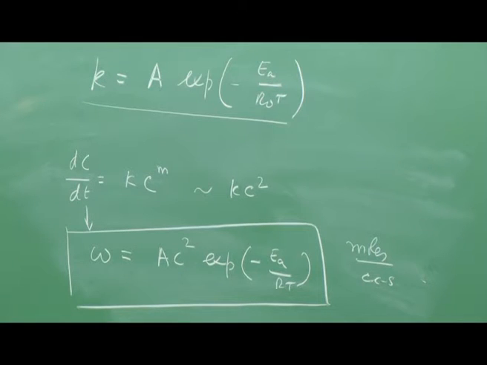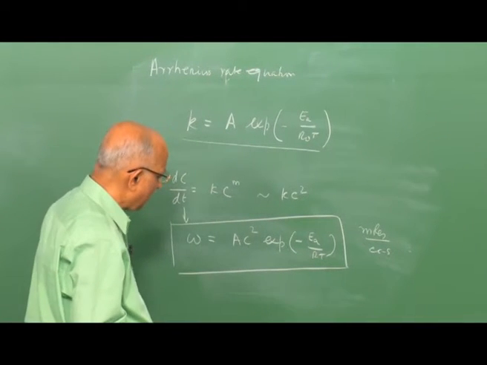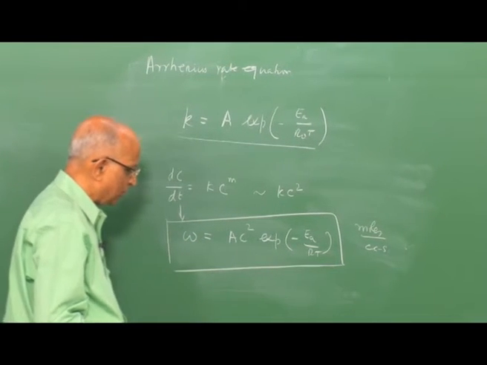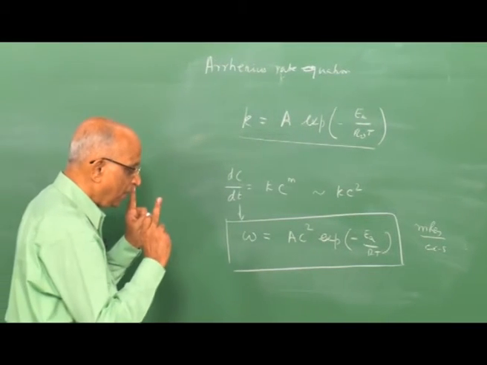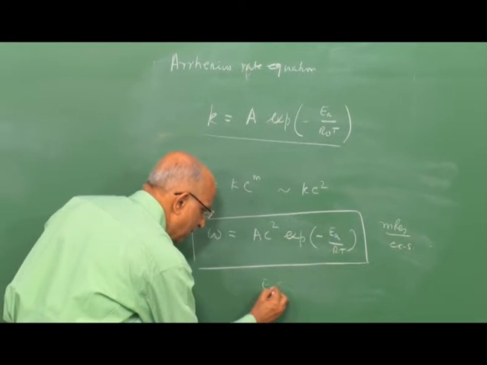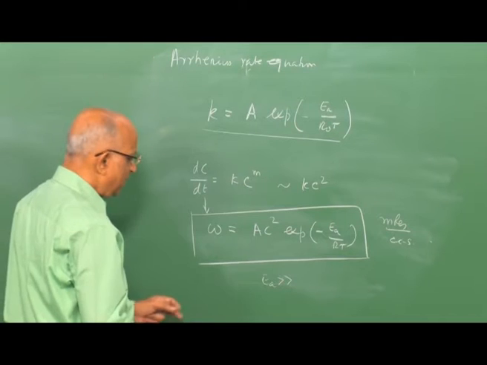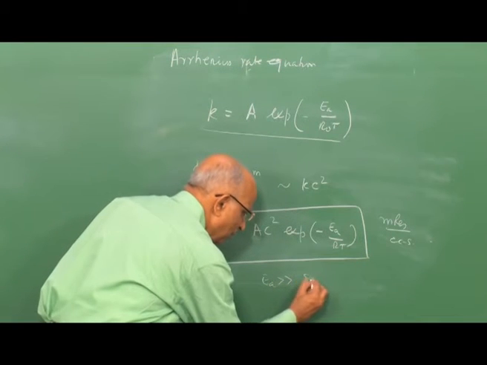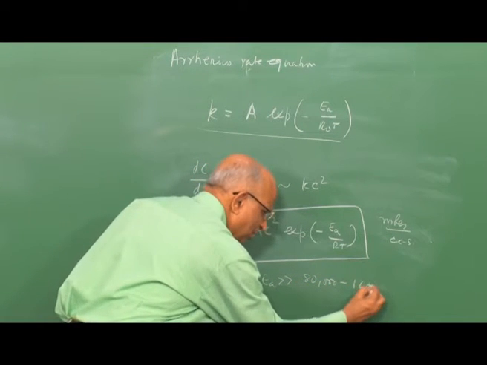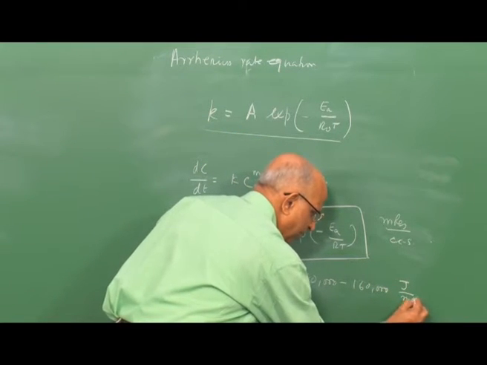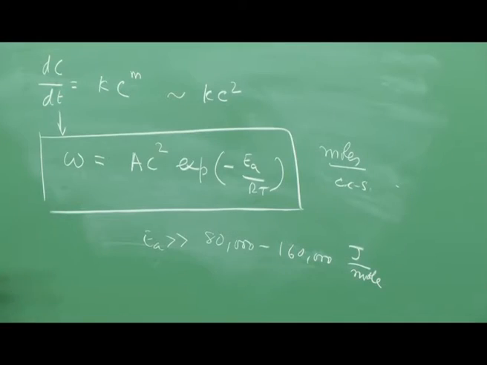Having said that, I want to explicitly determine the role of temperature in this. Let us do one exercise. Let us calculate the value of the reaction rate at two different temperatures and see the role of temperature. But mind you, for most of the explosives we encounter, the value of EA is a large number, typically between 80,000 and something like 160,000 joules per mole, which is the value of activation energy. We will get some feel for it.